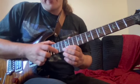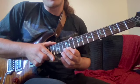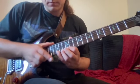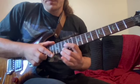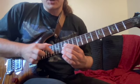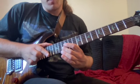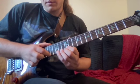Then we're going to be tapping 15, pulling off to 12, and then hammering on from nowhere on the 13th fret of the B string. That's going to be our middle finger. Like that. So hopefully that makes sense. Then after we finish there, we're going to tap 17 of the B string, pull off to 13, and then do that hammer on from nowhere with our first finger, 12th fret of the third string. So all in all,